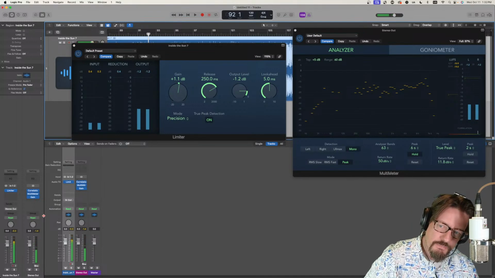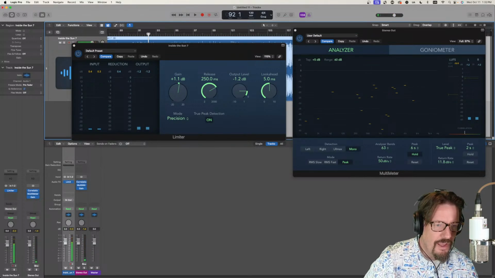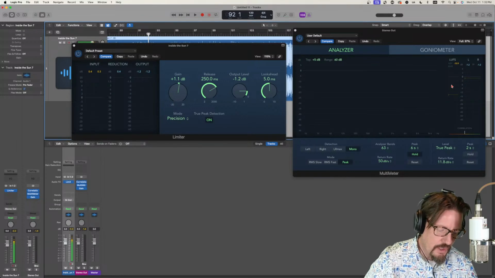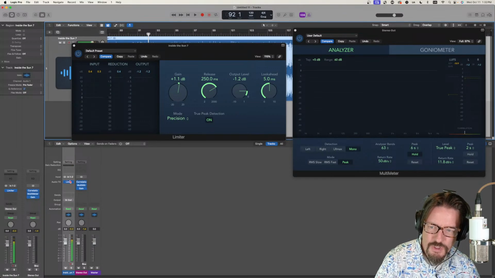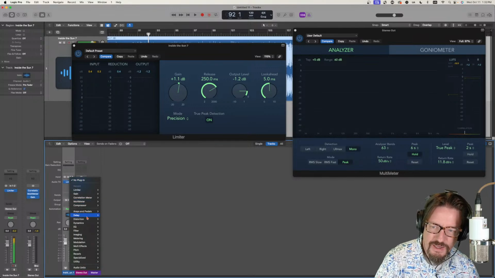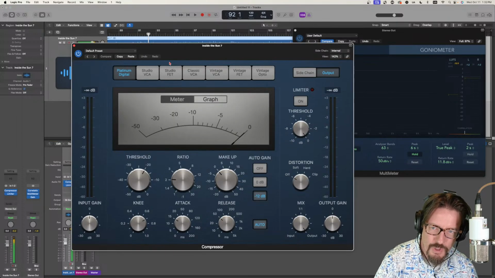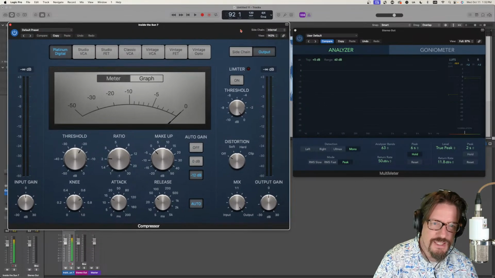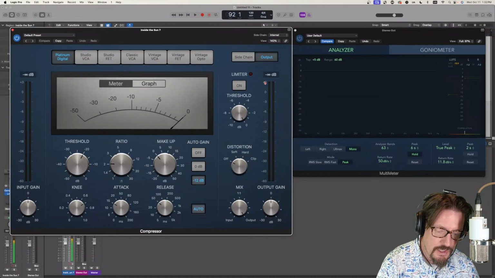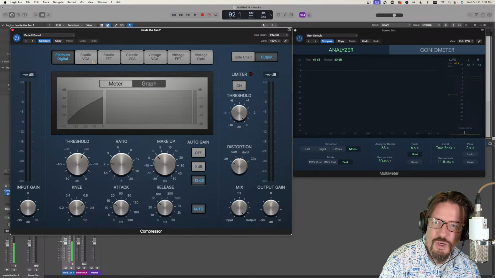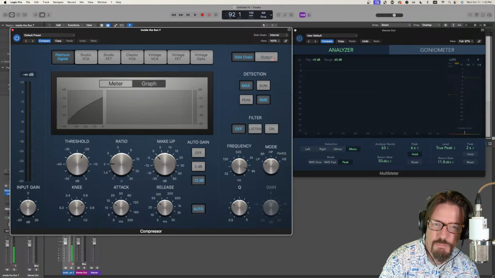So a limiter then becomes only half of that. If I really want to change the dynamic range or the difference between the loudness and the soft spots, a limiter isn't really going to do as much with that. So what I want to do potentially here is add another tool called a compressor right before it, and maybe even out some of those things, keeping that limiter in place that I had, but adjusting it once I get some of this in a better location. We're going to use the most transparent of these. Now